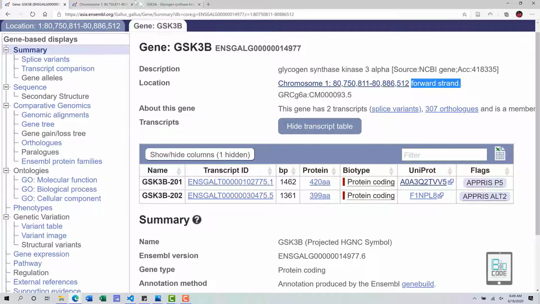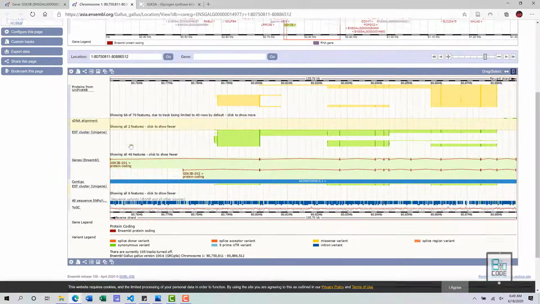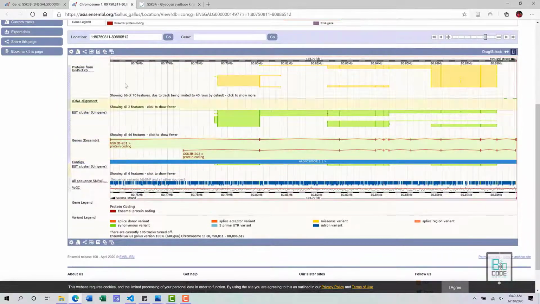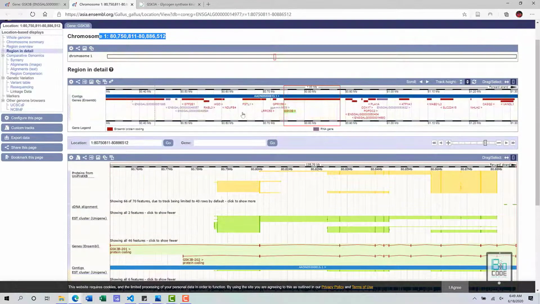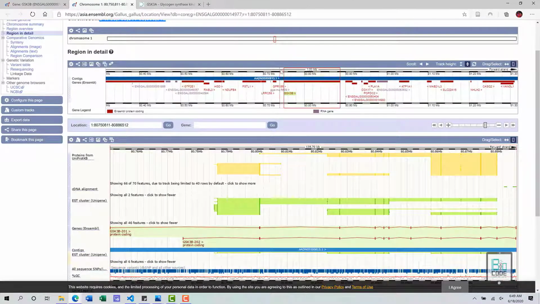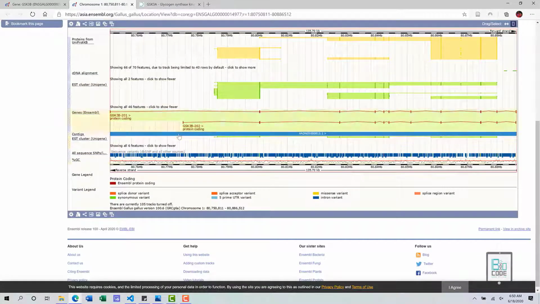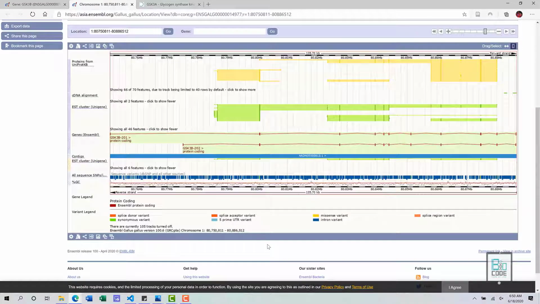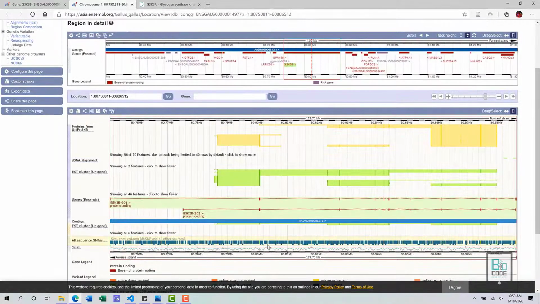That can be confirmed from over here. Then we do have other information such as protein from UniProt KB. This is information of this particular region, not the entire chromosome. And then we have more information such as SNP information, cluster information, and legend-wise information is also available.